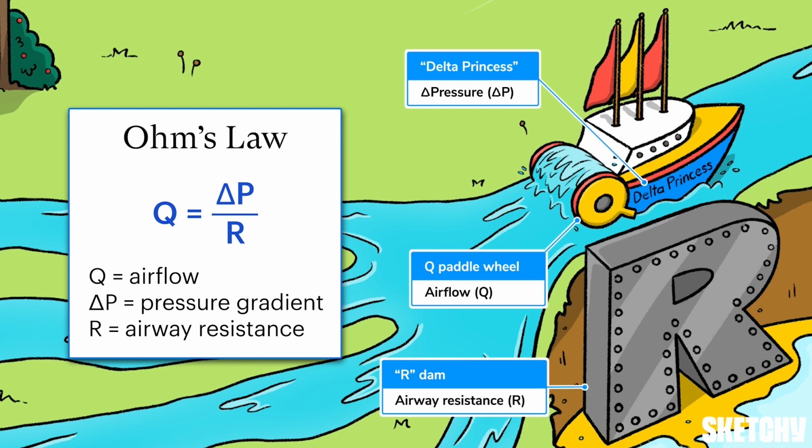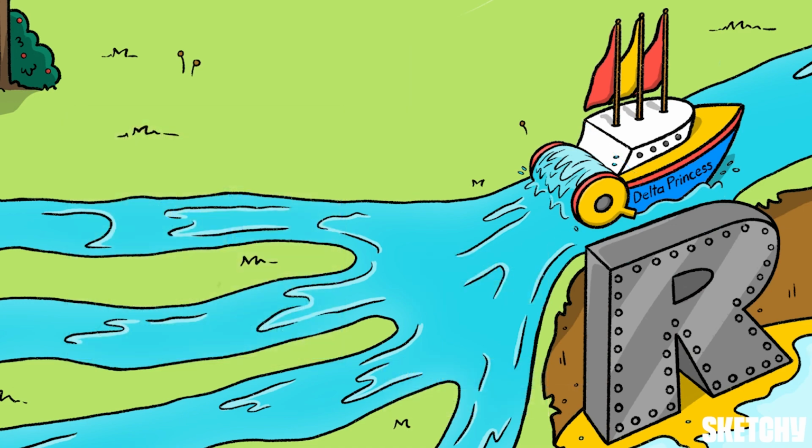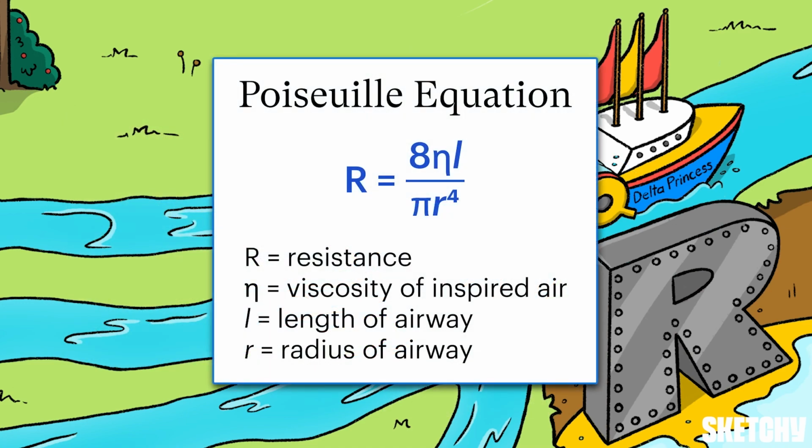Ohm's Law also tells us that airflow is inversely proportional to the resistance of the airways, which itself is subject to a variety of factors that we'll review right here in this sketch. The different factors that influence airflow resistance are described by Poiseuille's law. As you can see from the equation, there are a lot of letters, numbers, and symbols to remember. So, to make this important equation more fun, we're going to remix it sketchy style